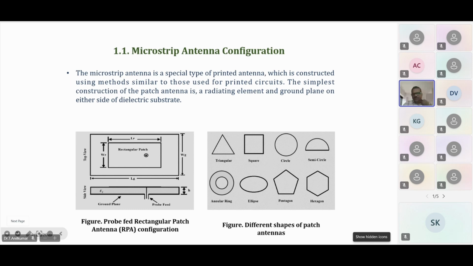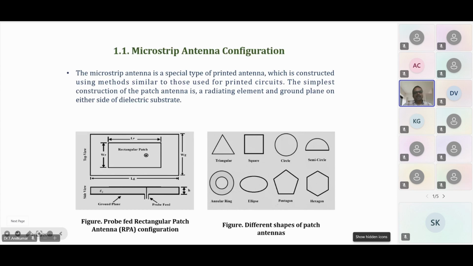So coming to microstrip antennas, microstrip antenna configurations can use different shapes. A microstrip antenna is a combination of three layers: one is the ground plane, and another is the patch. These two layers sandwich a substrate in between, that is the dielectric substrate, and the figure displayed here is